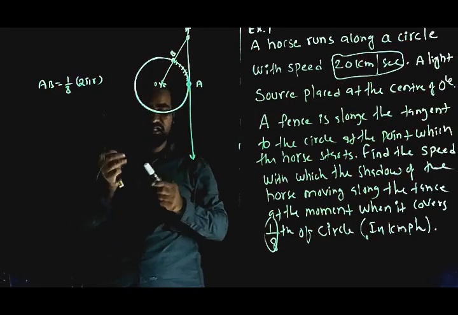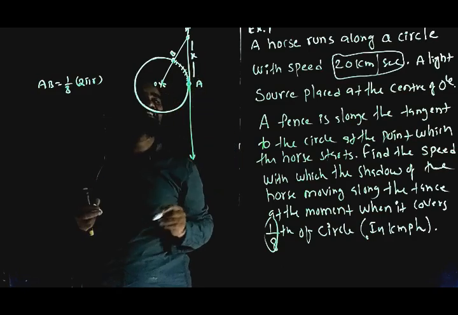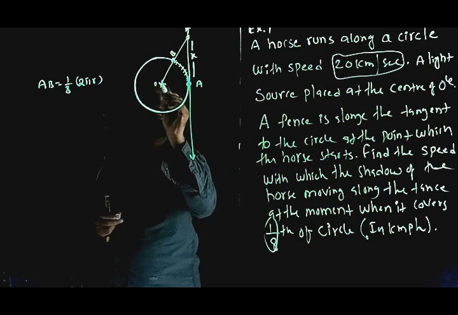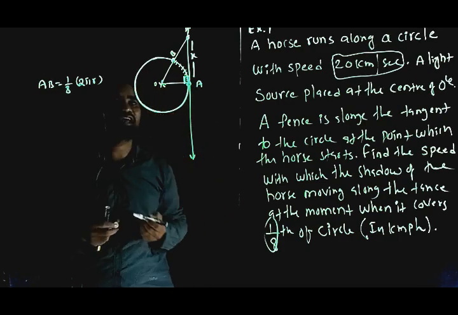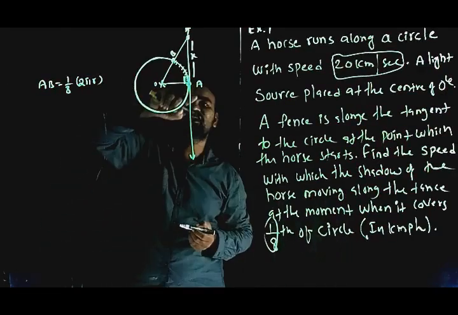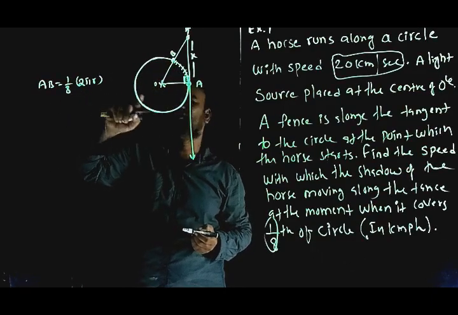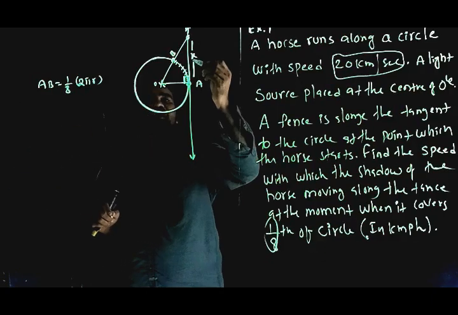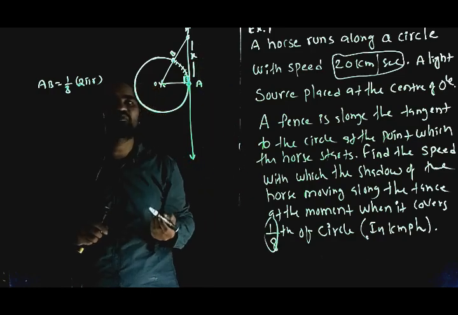Let this be equal to x. Now I can say x is the shadow of the horse. Join OA. Automatically it is a tangent, so this is perpendicular, with a right angle triangle. So what is given here? AB length is given, that is 1/8 part of 2 pi r. At this instant, what is the rate of change of x? We want to find dx by dt, which is the question.